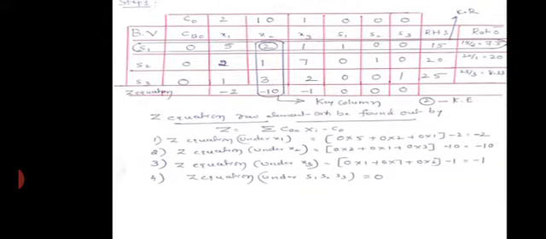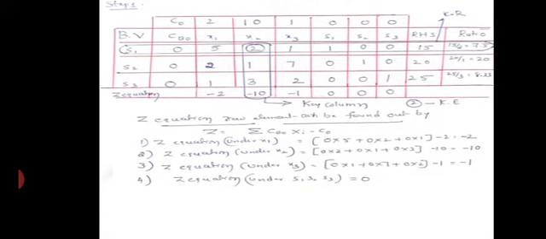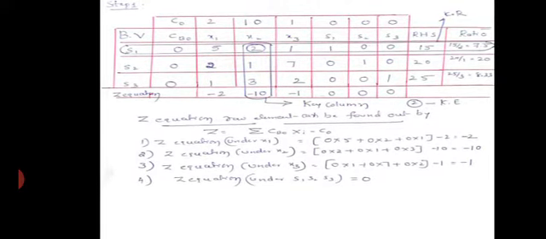Then go to the next step, that is the creation of the table. Let us see how to create this table. Just observe this table. The first row always represents Cj, which I already told you in the previous video classes, is the coefficient of the objective function. What are the coefficients of the objective function here?